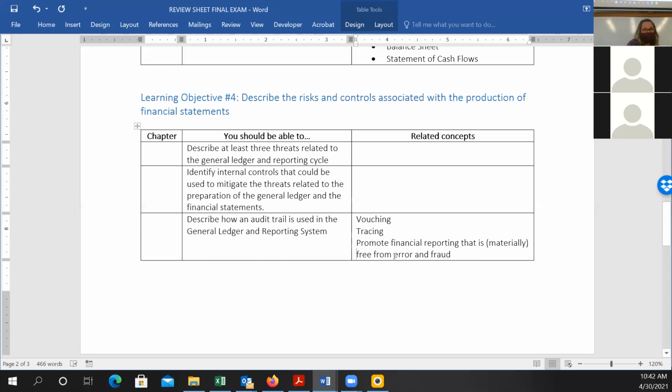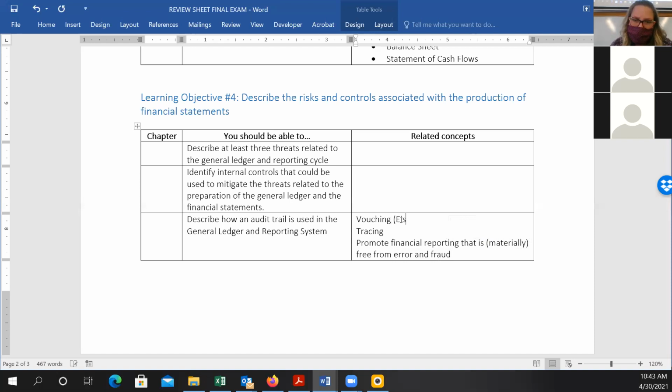Really all of the controls we've talked about throughout these 15-ish weeks together, all of the controls are intended to limit the risk of error and fraud on your financial reporting. But these specifically, they allow you to make sure that